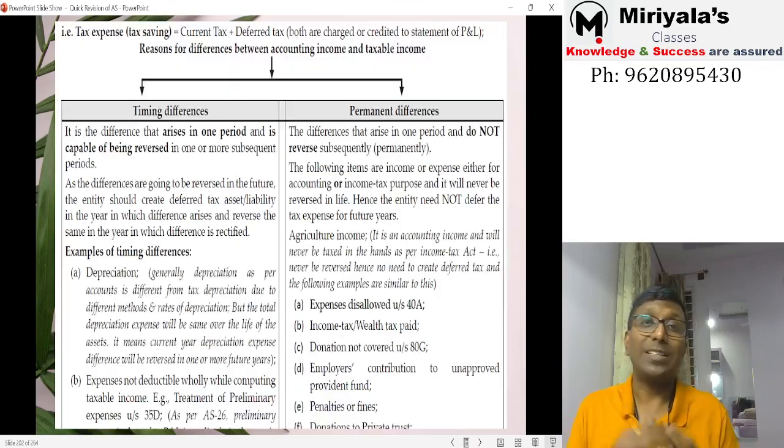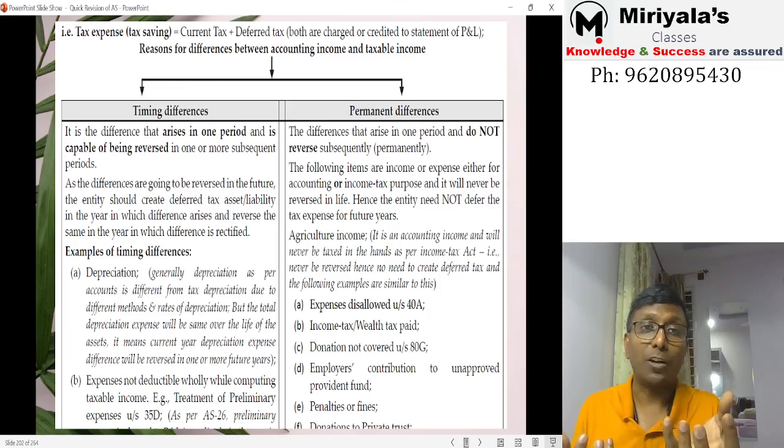So why does this deferred tax come in? Deferred tax comes in because of timing differences. What is the timing difference here? Some expenditure will be booked in the profit and loss in the current year, but that may not be allowed in the same year. That may be already allowed as per the Income Tax Act, or it may be allowed at a later point of time. So recognition of some expenditure or recognition of an income may be at two different timings,